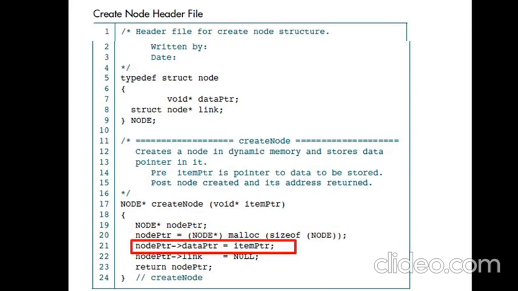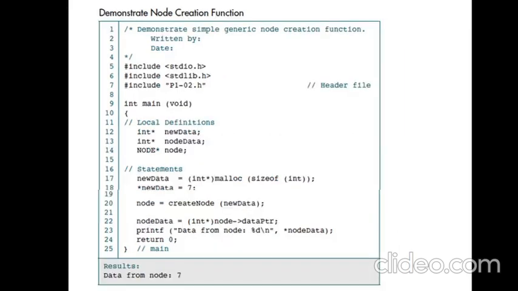After that, I am assigning the value data that is passed as an argument to this function into the data pointer. So here the typecasting happens. When you pass the item value of a particular type, that value type will determine the type of the data pointer. I will show in the next page how this is done.